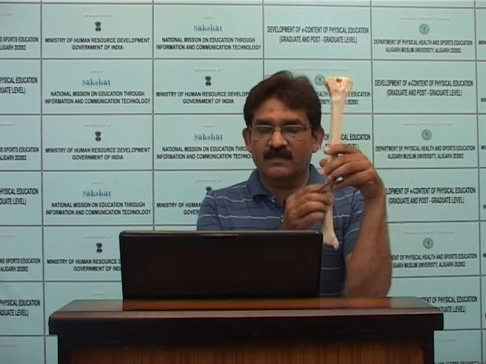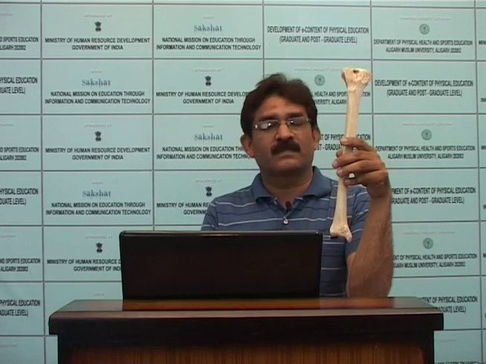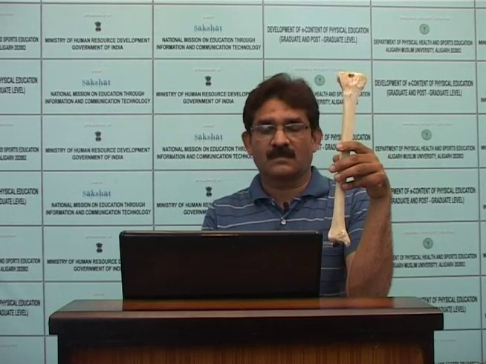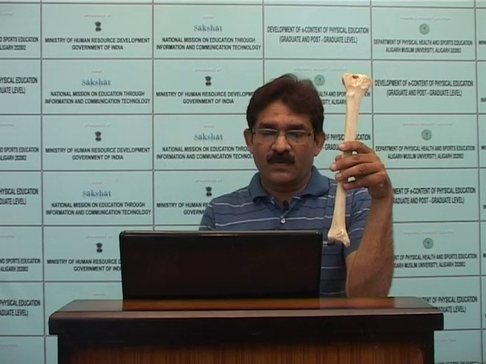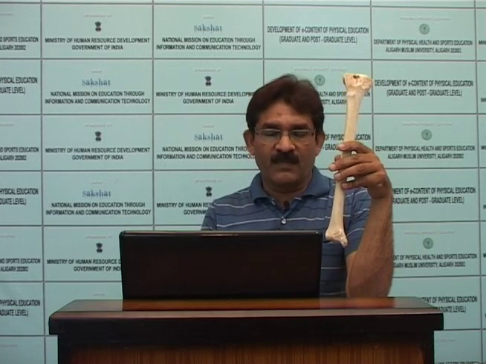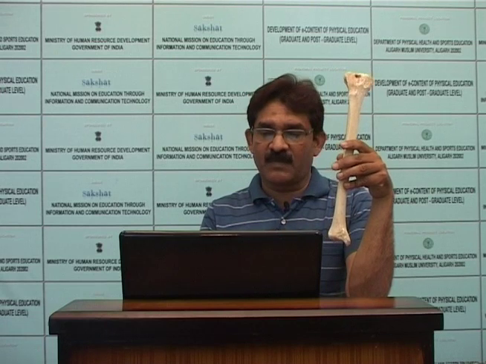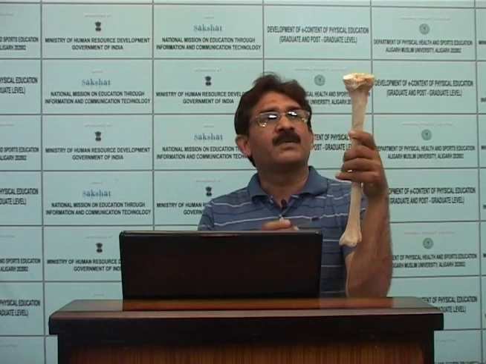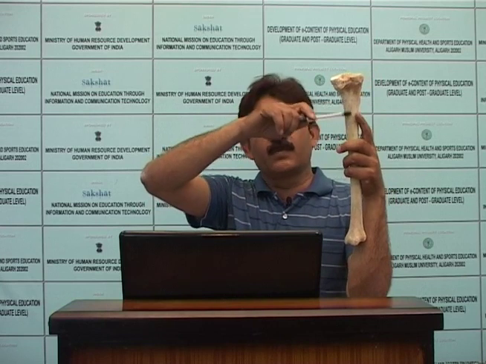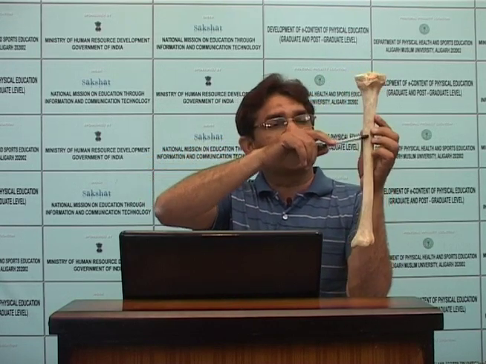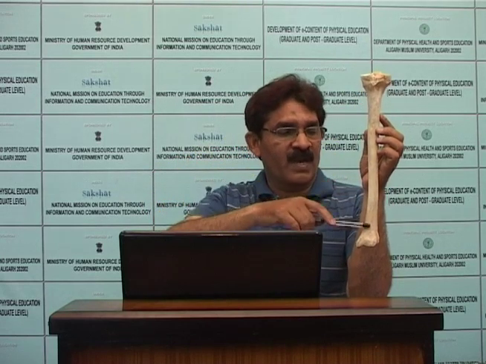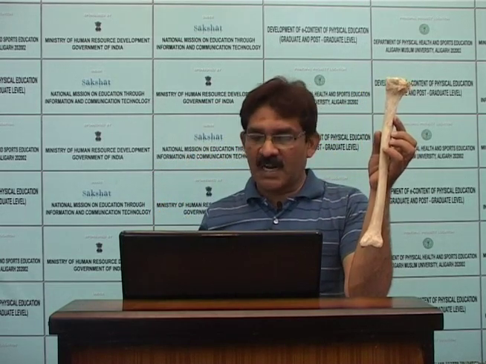The lower end of this bone has the fibular notch and the medial malleolus. This is the posterior side of this bone. We can show the posterior side of this bone more clearly,